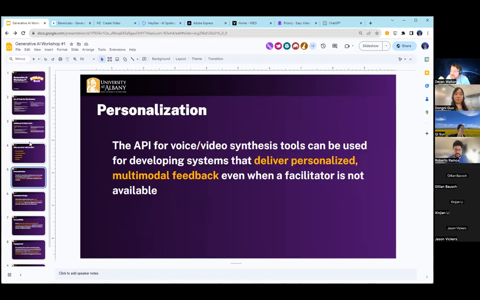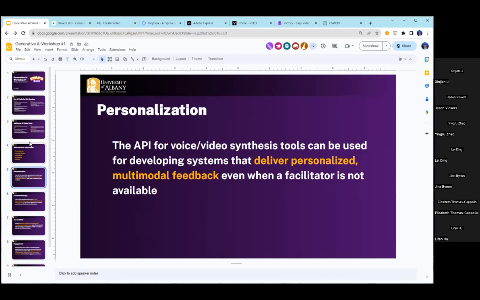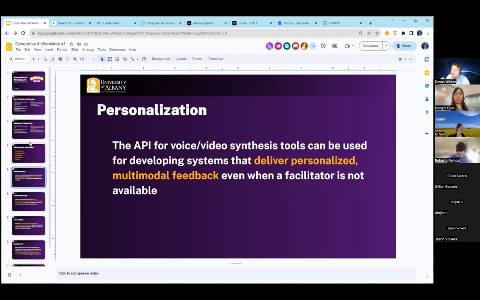In terms of personalization, I think these tools can be really helpful for creating personalized and multimodal feedback to learners and as practitioners, as well as for research in a research context when a facilitator is not available. Right now, it would be pretty pricey to do that with inference costs around doing the video generation and audio generation. But I would say within a year or so, it would become a lot more feasible to at least do dynamic audio